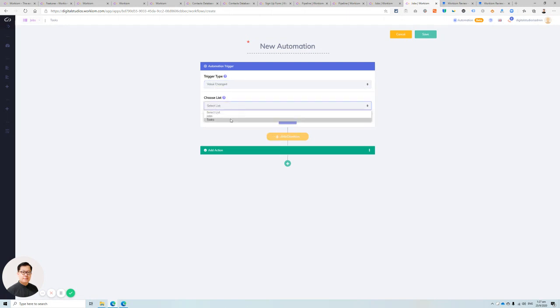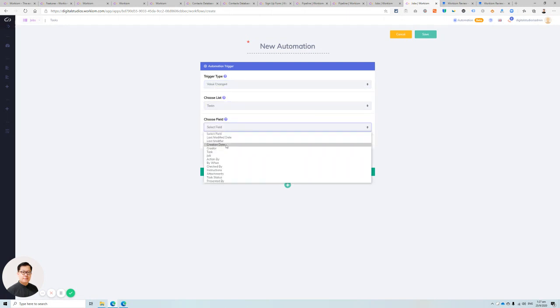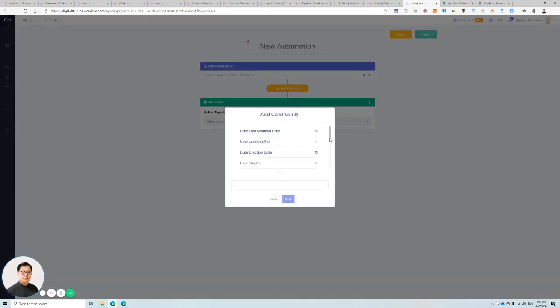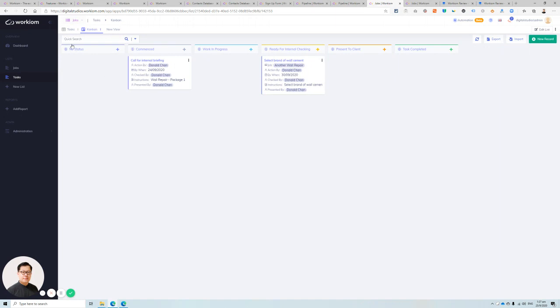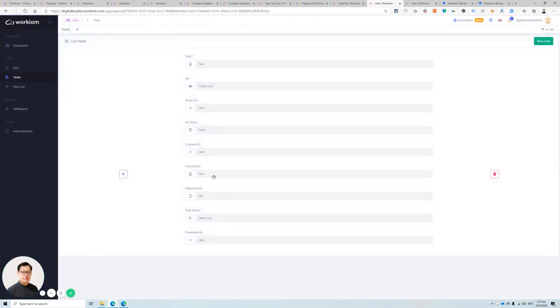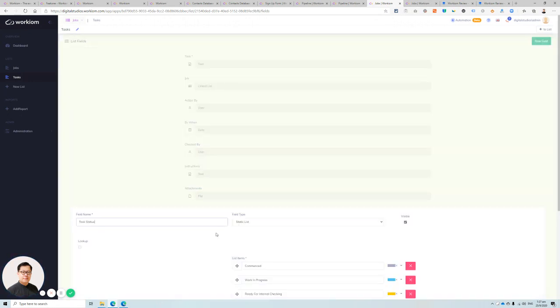If we wanted to build another similar task, we could, for example, build one when the value has changed in the task, for choose field that we want, task status, and the condition when the task status, static list task. Okay, so this requires a little bit of manual work, but what you want to do is you want to get the task list actions